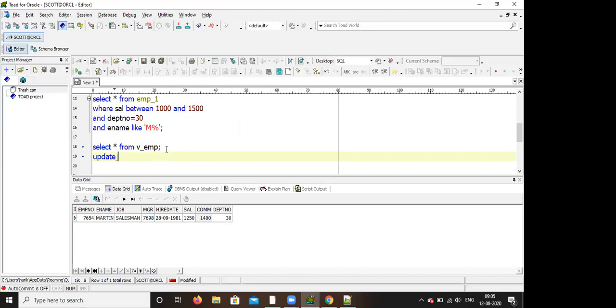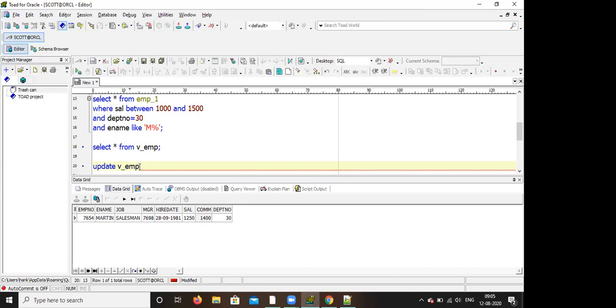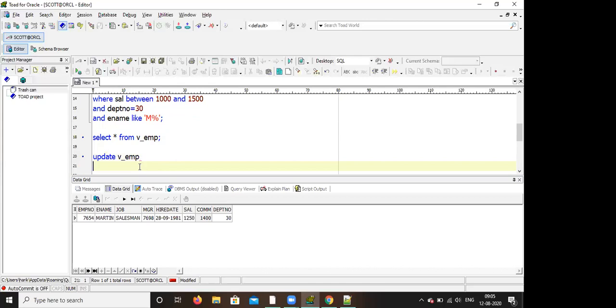Update v_emp, enter, set commission equal to 150, where employee number equal to 7654.